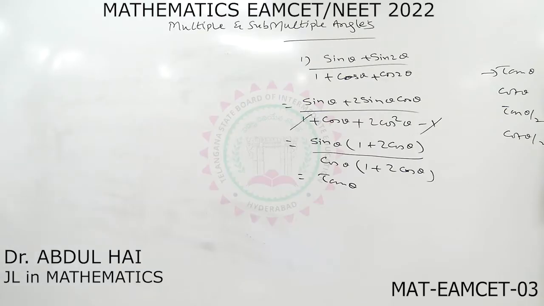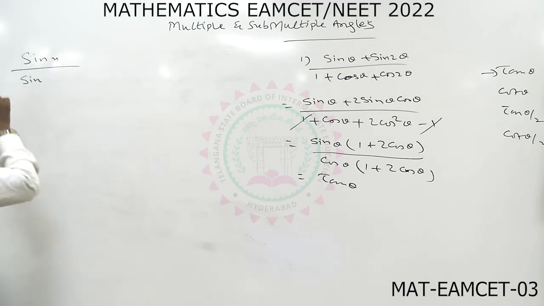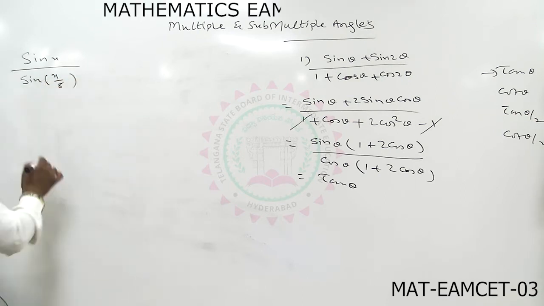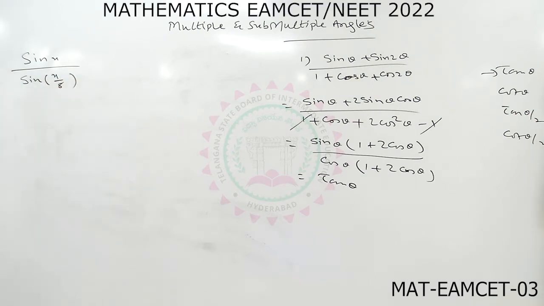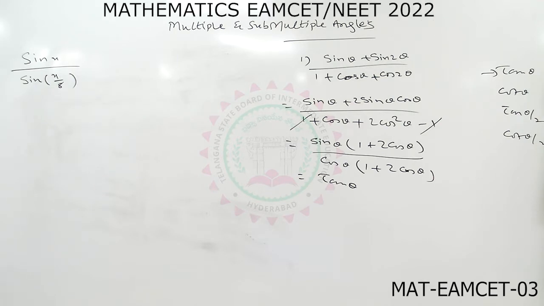Sin x divided by sin of x by 8. The options are, write down the options,